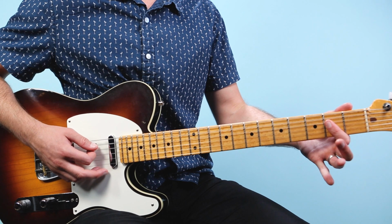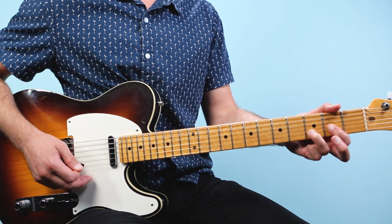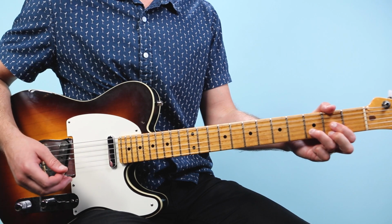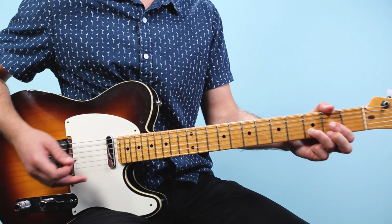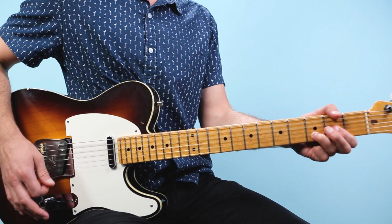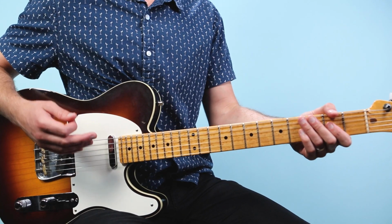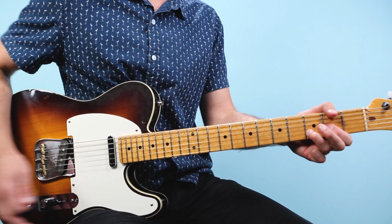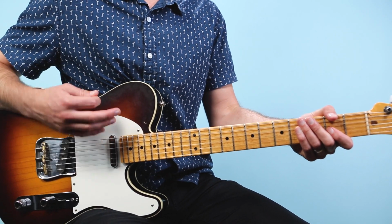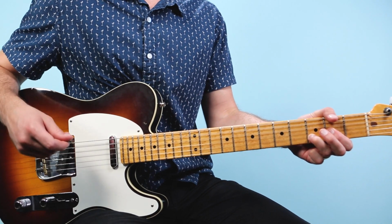I'm just playing that A with one finger. Then I'm actually going to a D5. So I'm not playing that high string because it just oftentimes doesn't sound as rock to do that. So 4E and a 1. So 1E and a 2E and a 3E and a 4E and a 1, 2, 3,